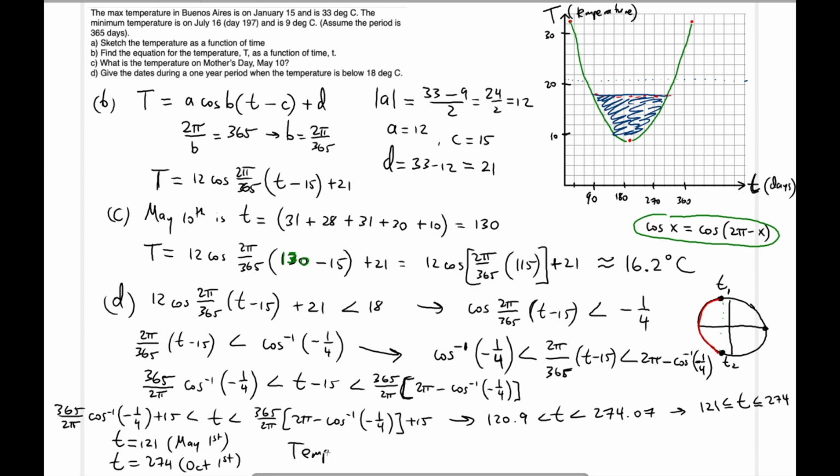So now what does that mean? That means our temperature is below 18 degrees Celsius from May 1st to October